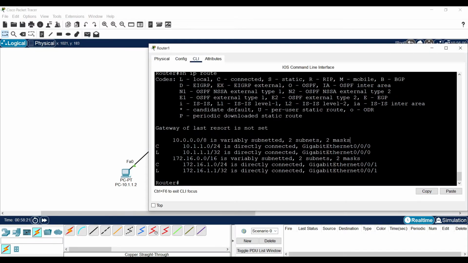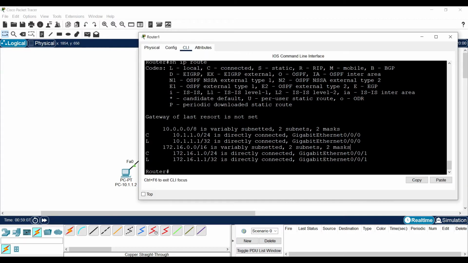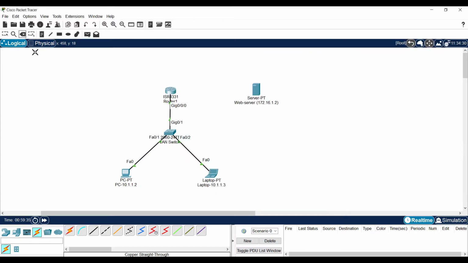The network routes can be brought into the IP routing table in three ways. The first way is that it has to be connected directly with the device. In that case, the route will be automatically learned by the router and it will be represented as a connected route. There are two more ways to put a route. The second way is the static route. The admin can manually add a route into a routing table.